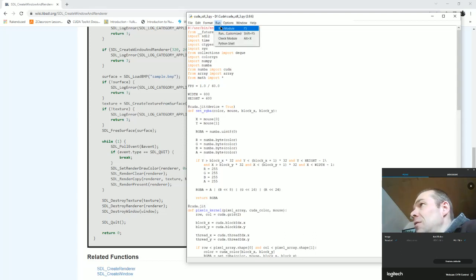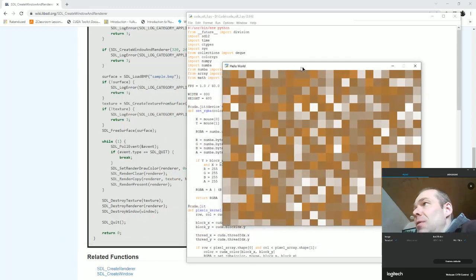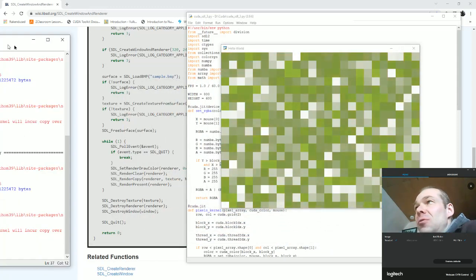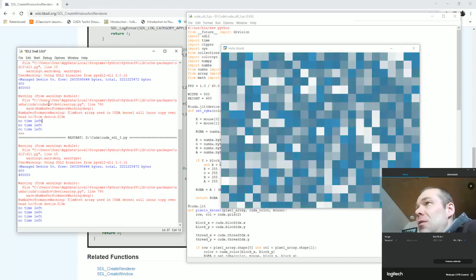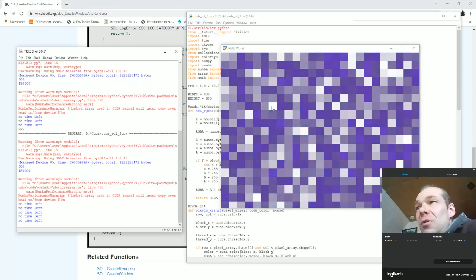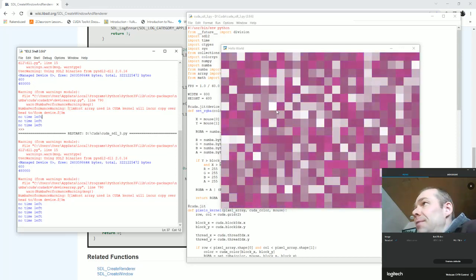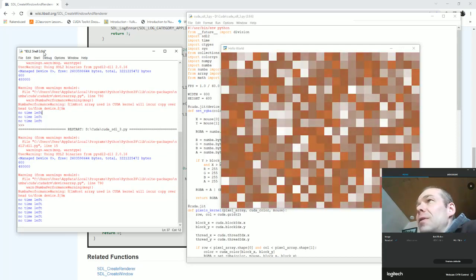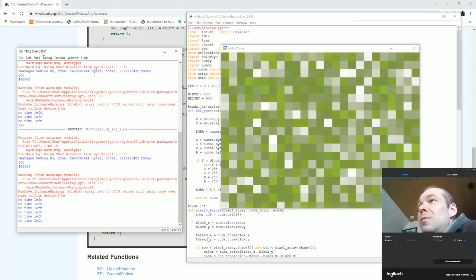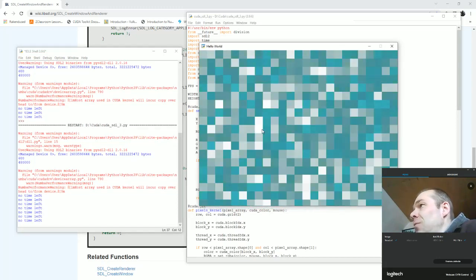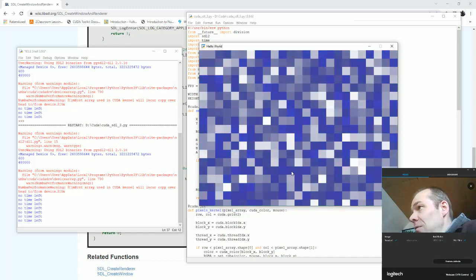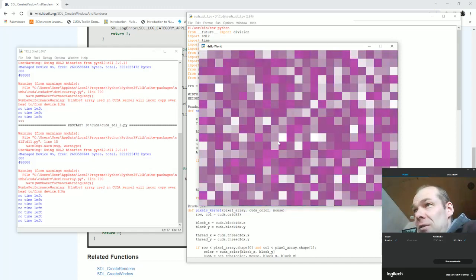If I run it here, then we see what it looks like. My Python is running here. This is Python version 3, what it reads here, 3.9.6. And what this window does, it calculates